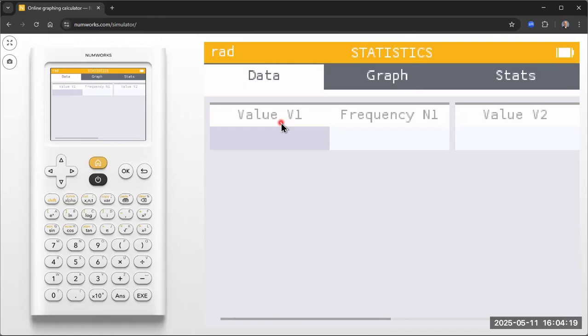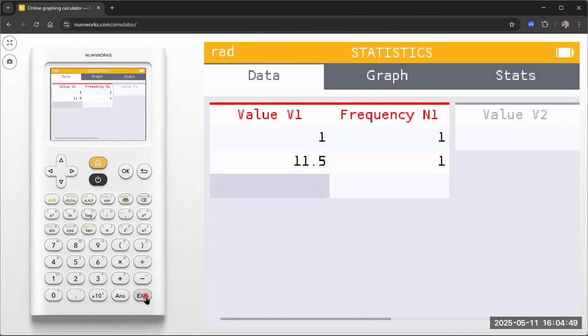So this is where at first I'm going to enter data in. We're in the statistics app. Let me enter that data that we were just looking at. You can just start clicking and typing in. So we've got a 1, we have an 11.5, then I've got a 6, and then I've got a 7.2,